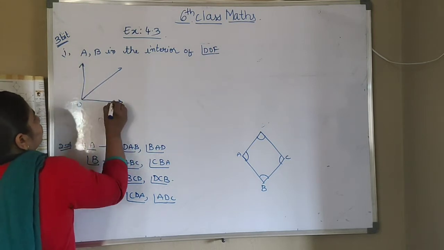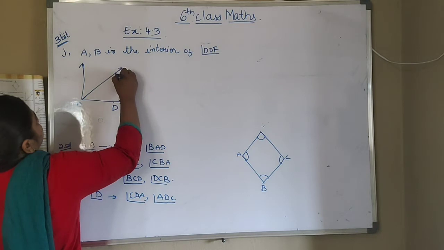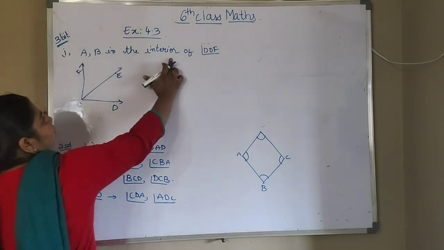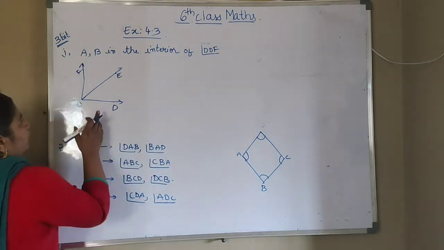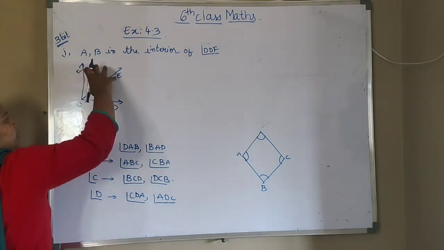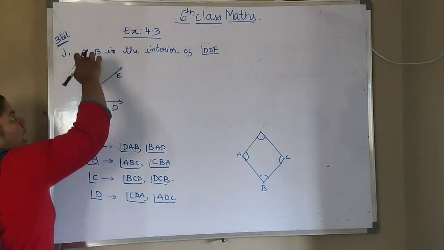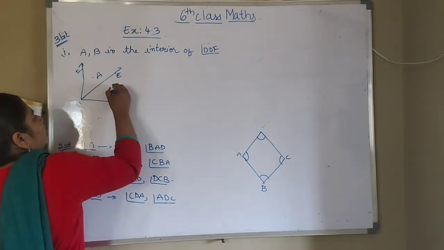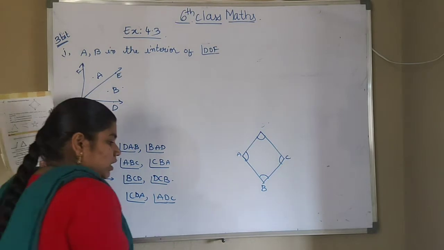O, D, E, F. So AB in the interior of DOF. Where is DOF? That means inside of this you can mark this AB anywhere. So I am taking A here, I am taking B here. Okay. So next is